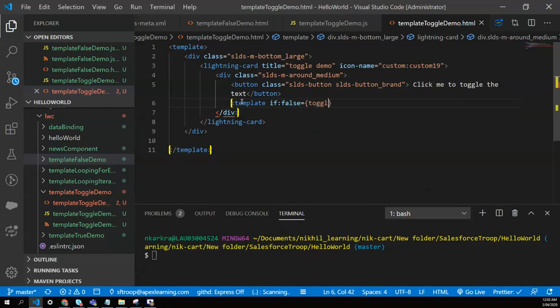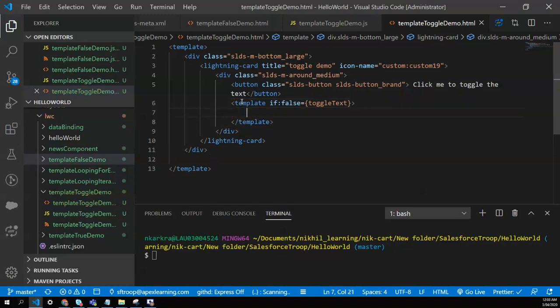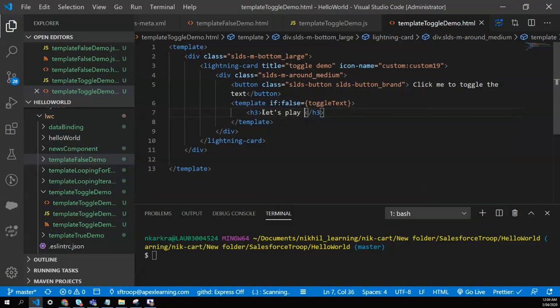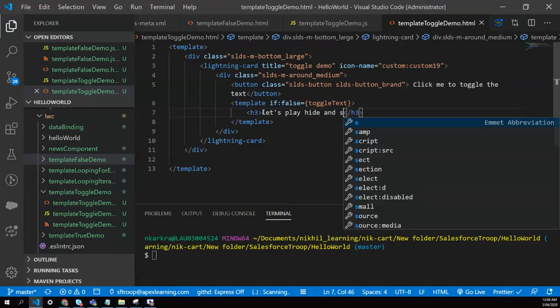I'll use the property that I have defined in my controller, and I'll define some text within this directive so that this tag will be hidden and shown on click of the button using the toggle text property. So I'll give some text to this tag. Let's play hide and seek,